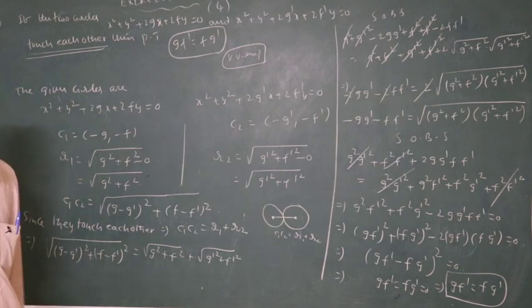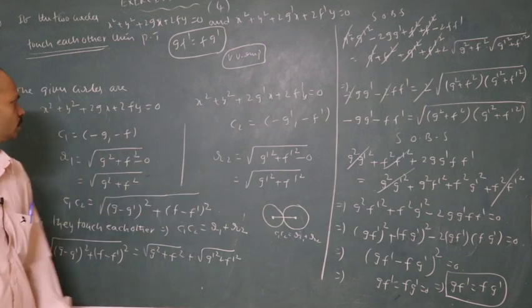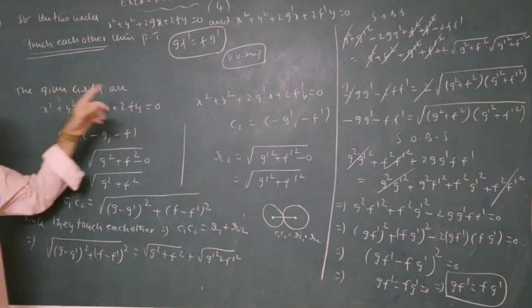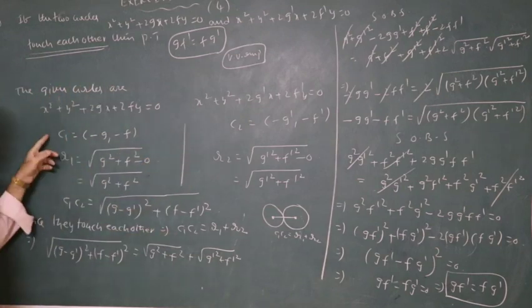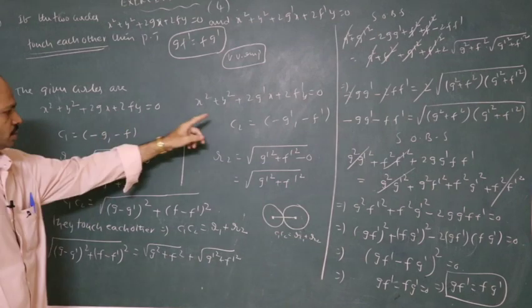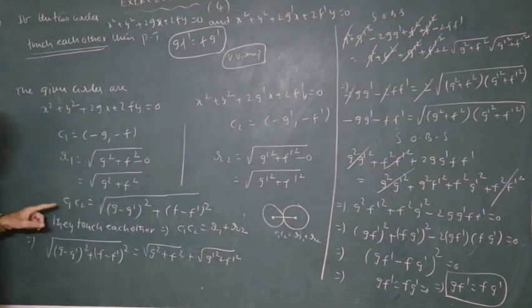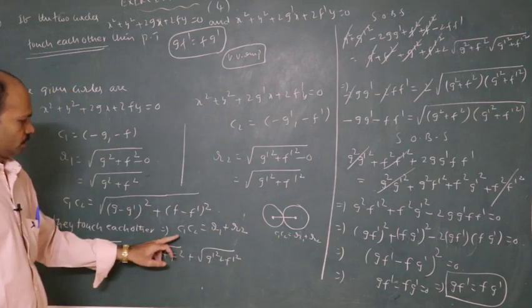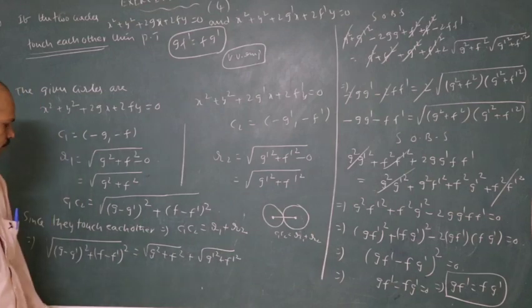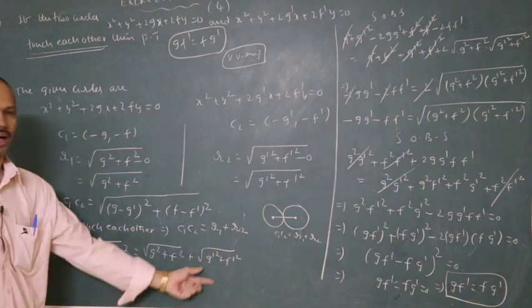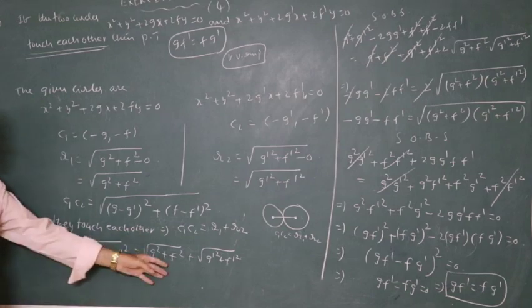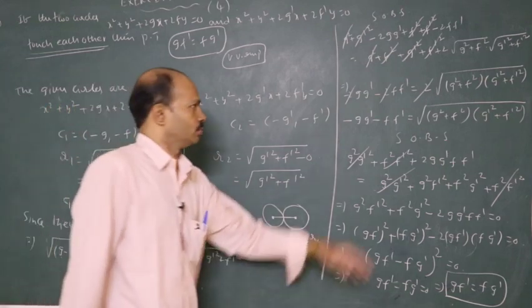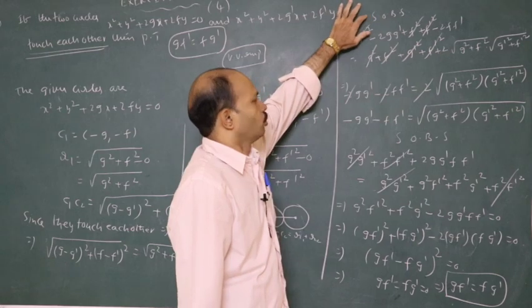In case of objective, naturally you can recall that and then write it. Consider the given first circle, the given second circle. Write down the center 1, radius 1, center 2, radius 2. What is the distance between the two centers? Distance between points. As the given two circles touch each other, the natural condition is C1C2 is equal to R1 plus R2. There are square roots, so to avoid that, first of all, we have to square it on both sides once.